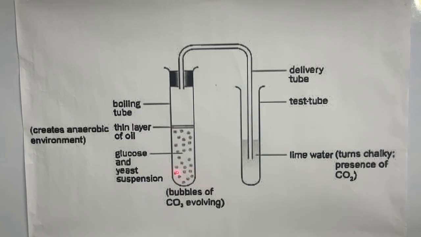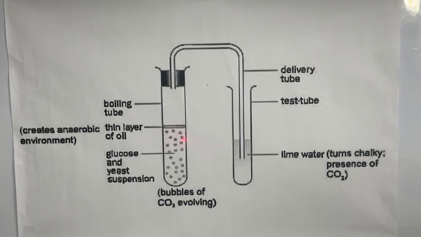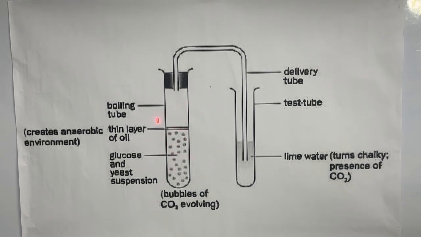After boiling and cooling down the glucose, a lot of oxygen is emitted out, and we want to test whether the oxygen is emitted out or not. We pour diazine solution or Janus green B solution, which gives the pink color if oxygen is released, and won't give pink color if oxygen is not released. Now that we got pink color, there is still a chance that oxygen can enter from this delivery tube.